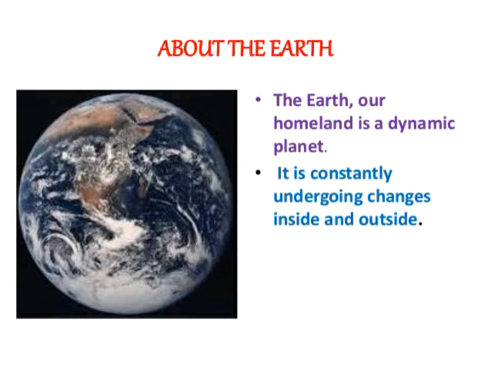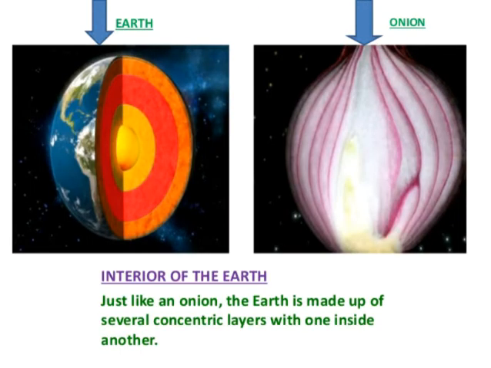Earth is the third planet which supports life, and the earth consists of various types of materials inside. The structure of the earth is related to an onion, because an onion consists of various layers, and each layer defines its structure. So the earth also has basically three layers. First one is core, second one is mantle, and third one is crust. We will discuss the interior structure of the earth one by one.